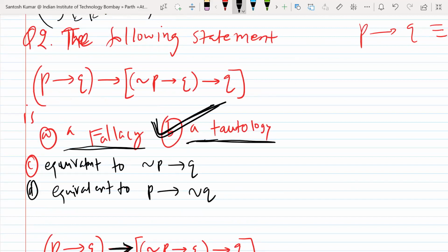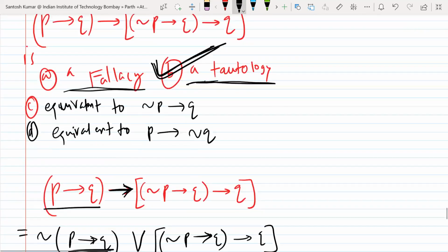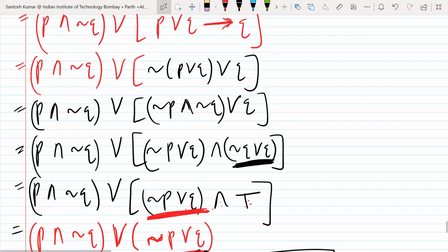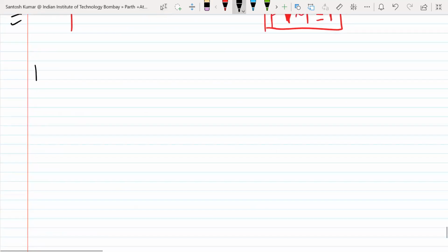B, right? Tautology. So this statement is a tautology. This is one of the methods. So one method was this: we used algebraic formulas. And the second method is we can use